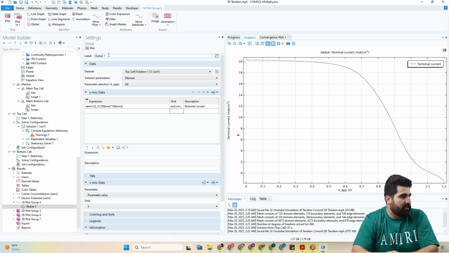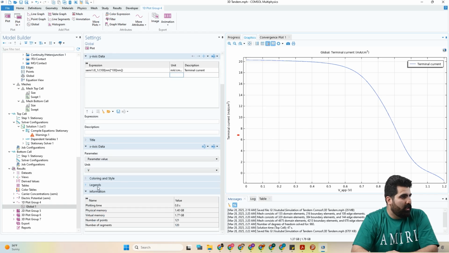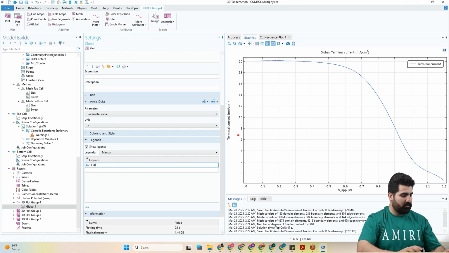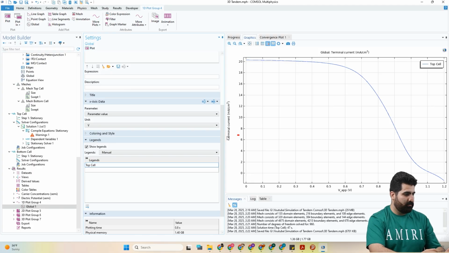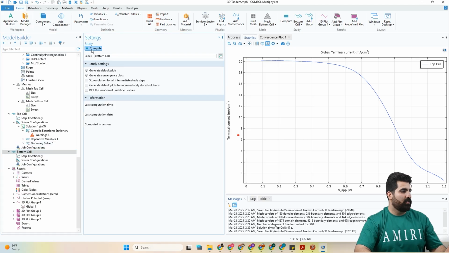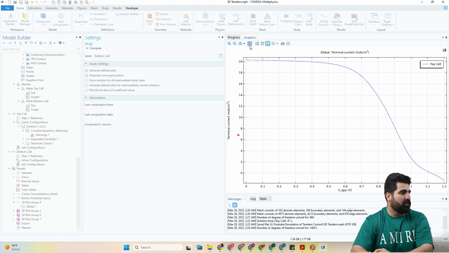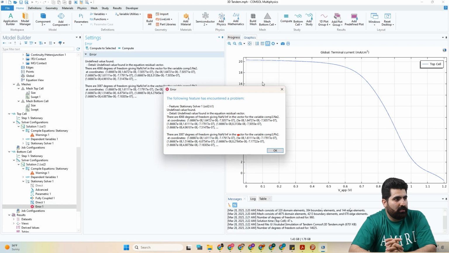This red line, and if this is okay for top cell, we can go to legend and use a manual legend for top cell. Okay, and now I just add the bottom cell and I compute it. I hope it runs. I don't know,